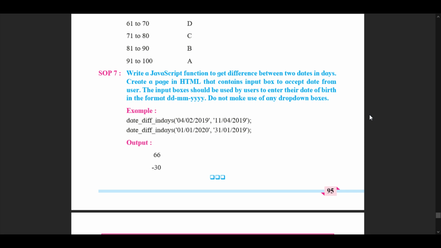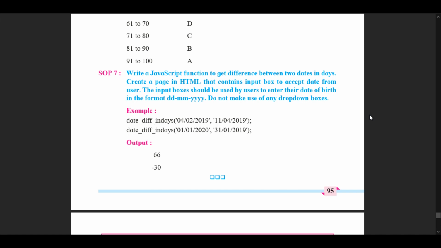So we have an example here. Date_diff_in_days, that is from 4th of February 2019 till 11th May 2019. Then we have date_difference_in_days from 1st January to 31st of January.